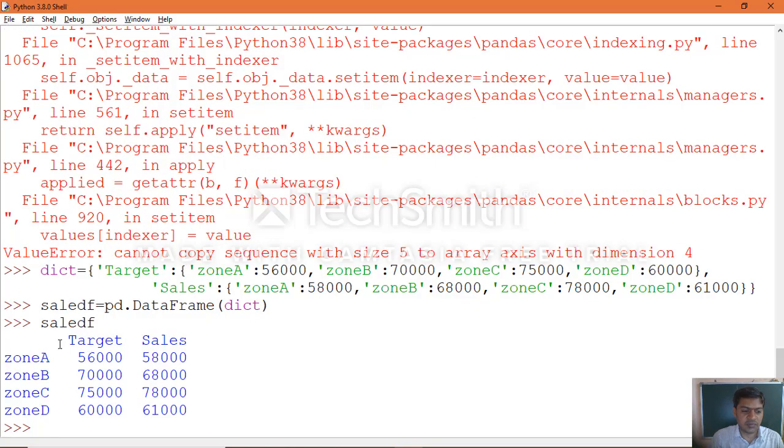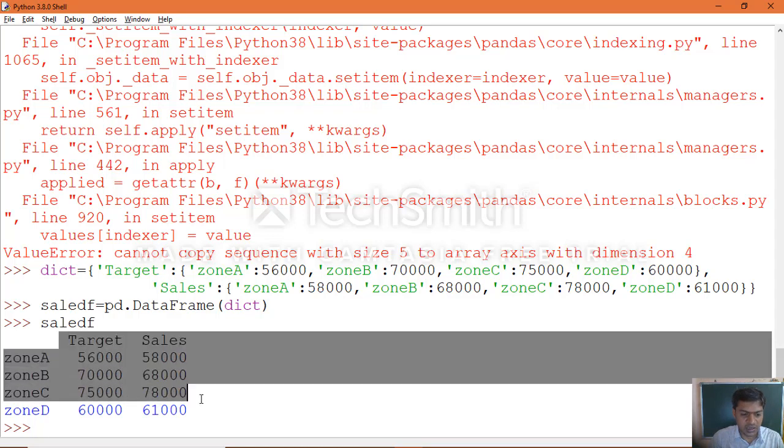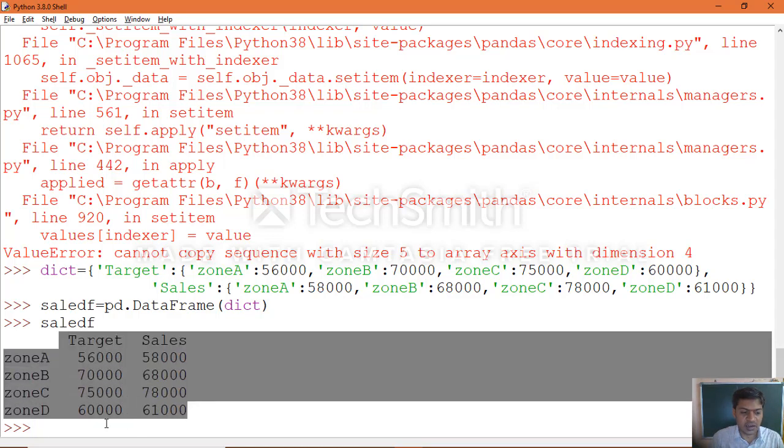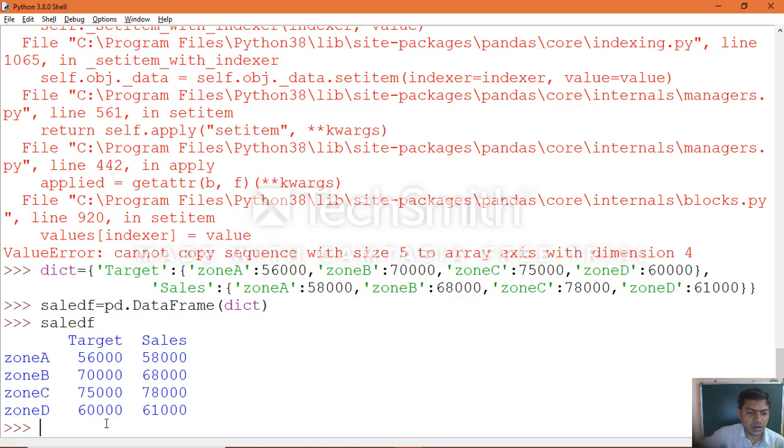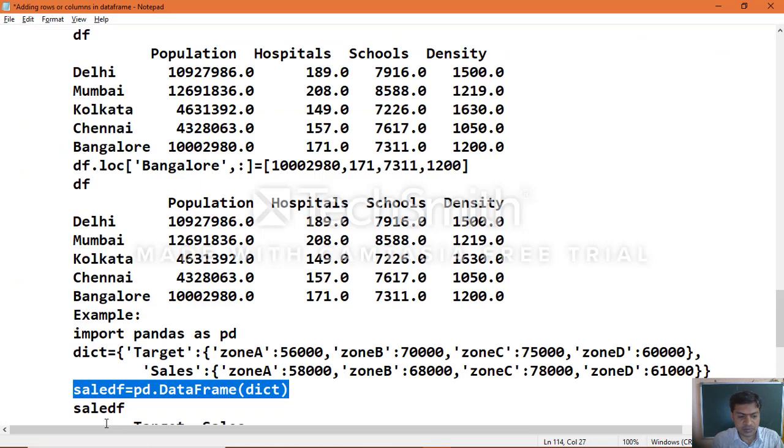This is the actual data frame which they specified in the question, and they asked us to add one more column, that is the orders of each zone. At the same time, a new zone row will be added. So let's see how we can do it with the concept we learned.